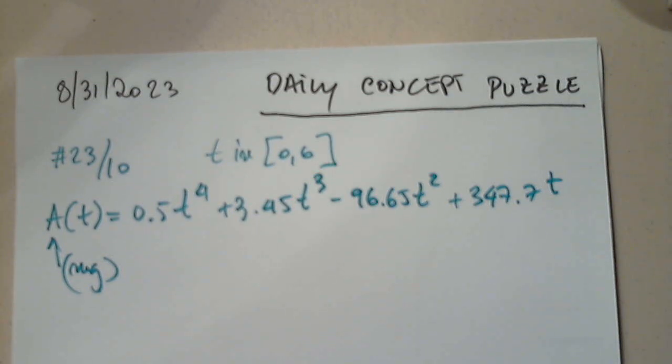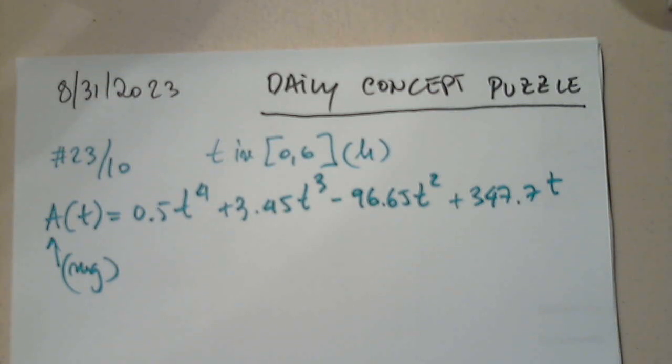Of ibuprofen in the bloodstream T hours after 400 milligrams of the medication has been swallowed. So if I take now a tablet of 400 milligrams of ibuprofen, we expect that during the next, at least, I don't know, 6 years, but 6 hours, because that's what we have here. So T is in hours,